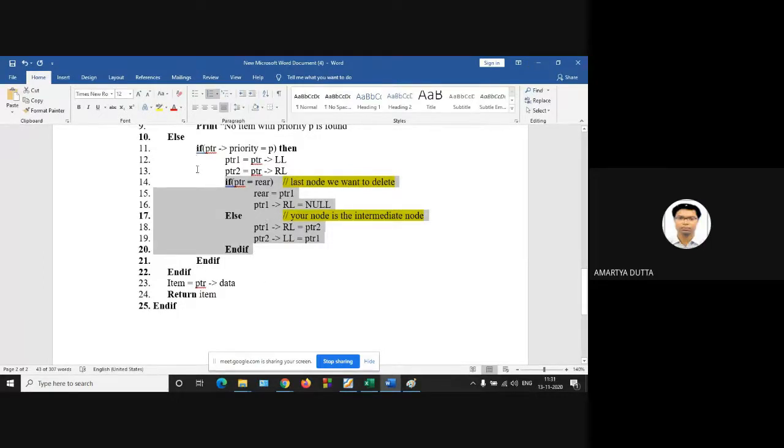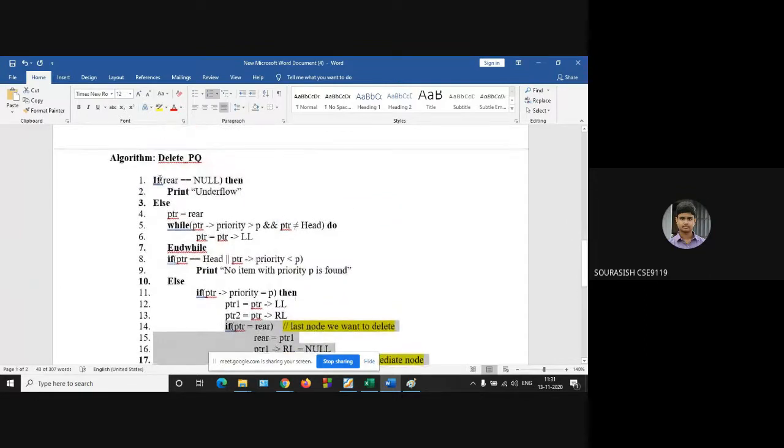Now, if your rear is null, or you can check the rear null and front null.